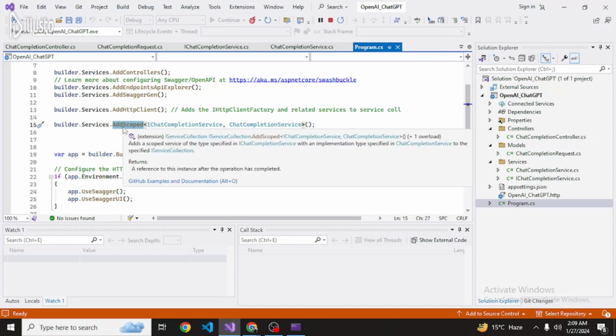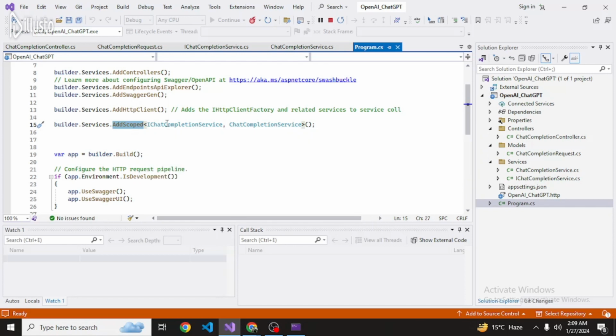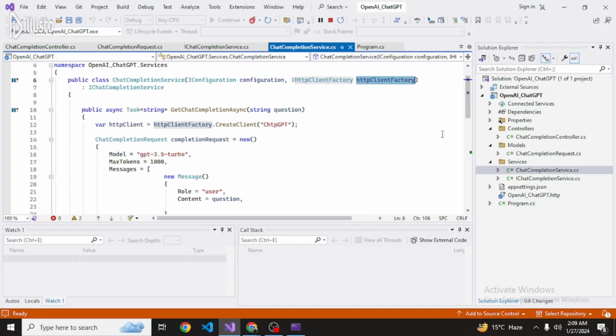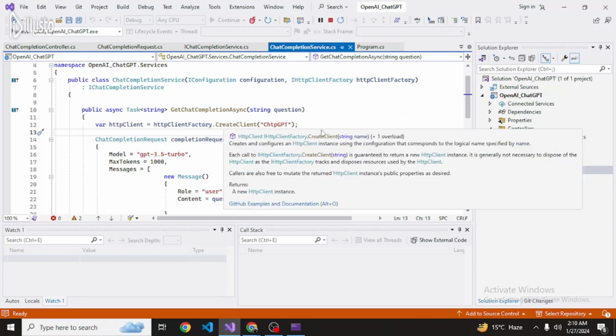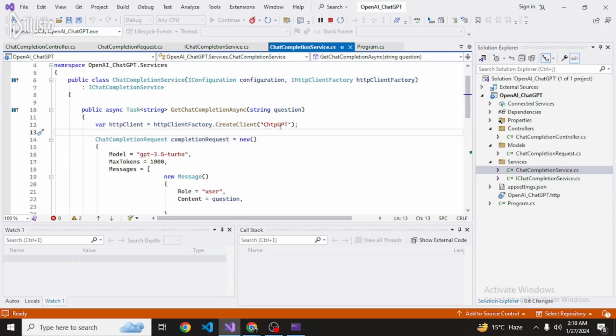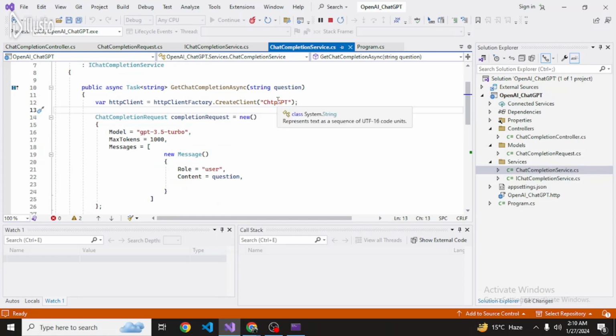So here we have added the dependency as a scope, and then their interface and this class. Okay. Now we'll go to the chat completion service, and here if you'll see, I am using HttpClient.CreateClient, and then I have given a name. You can give any name for this